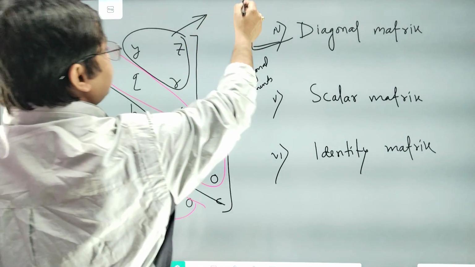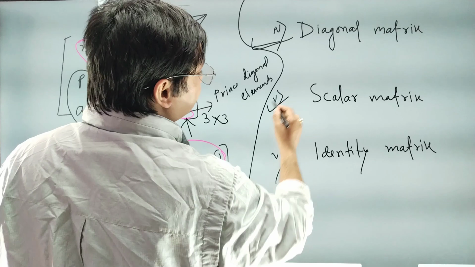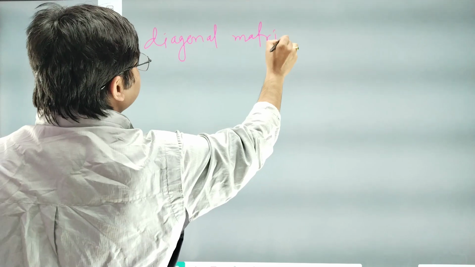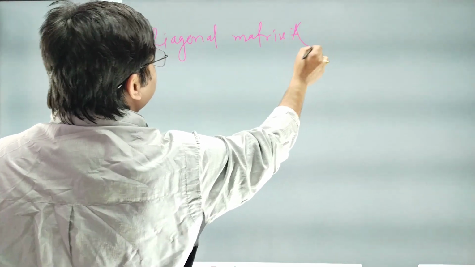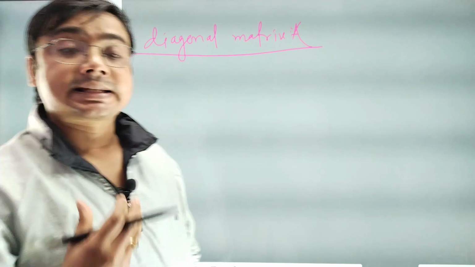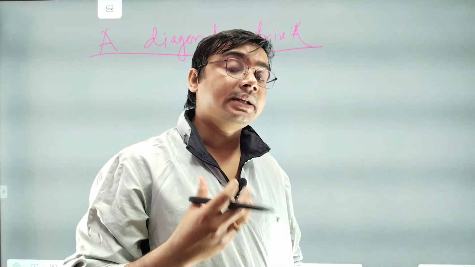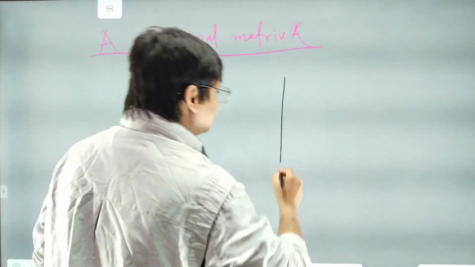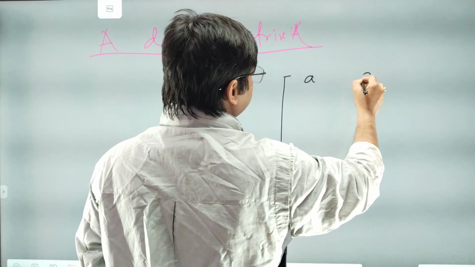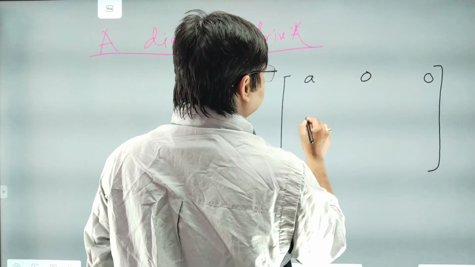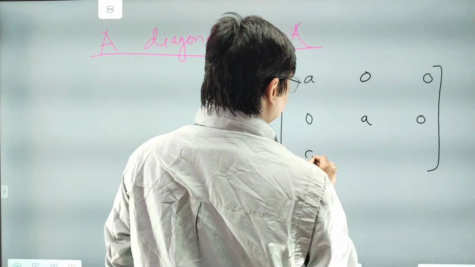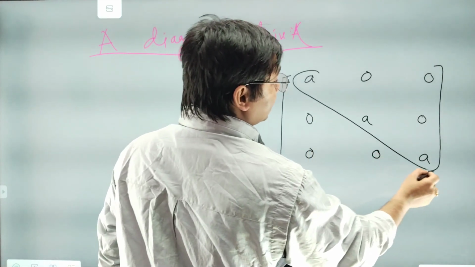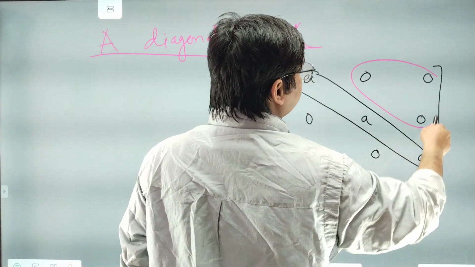Yes, and for this type of matrix there is the scalar matrix. So what is a scalar matrix, guys? A matrix A is said to be a scalar matrix if all the diagonal elements are equal. Yes, that means suppose we consider this matrix: A 0 0, 0 A 0, 0 0 A. So you see, first of all, this is a diagonal matrix because